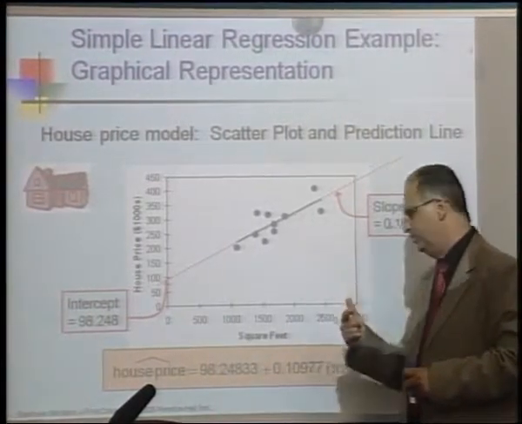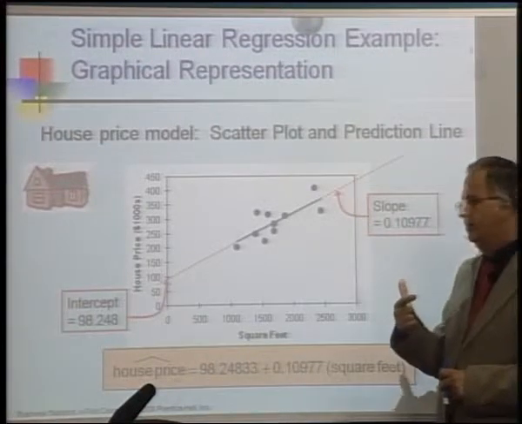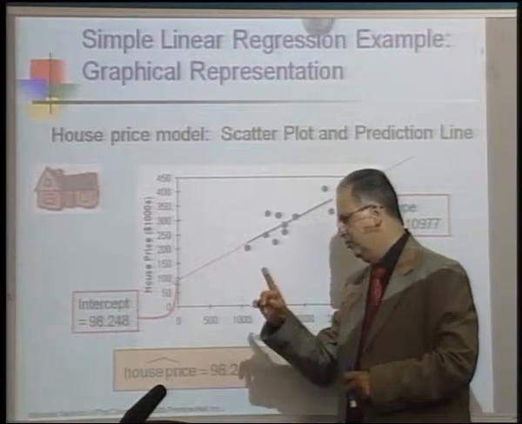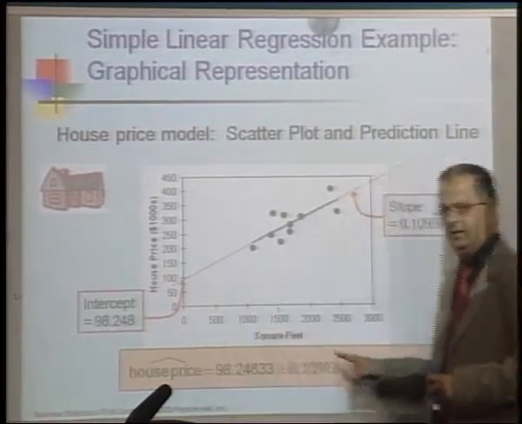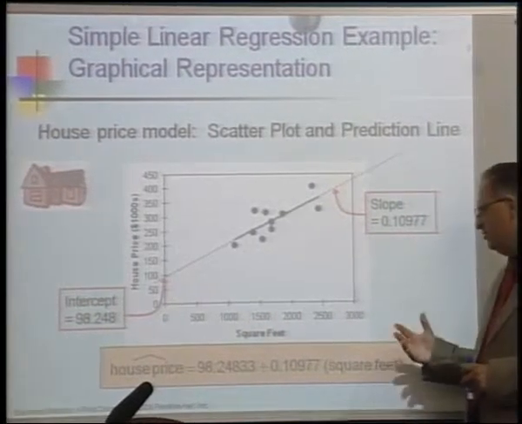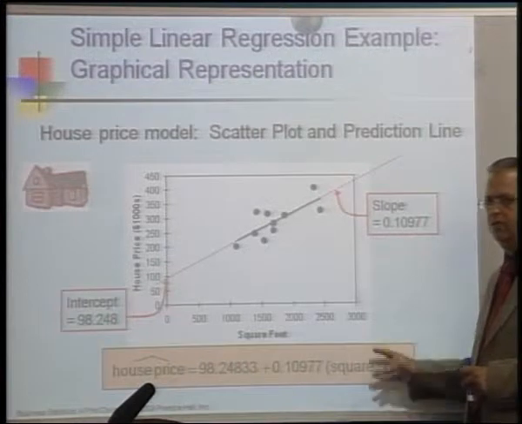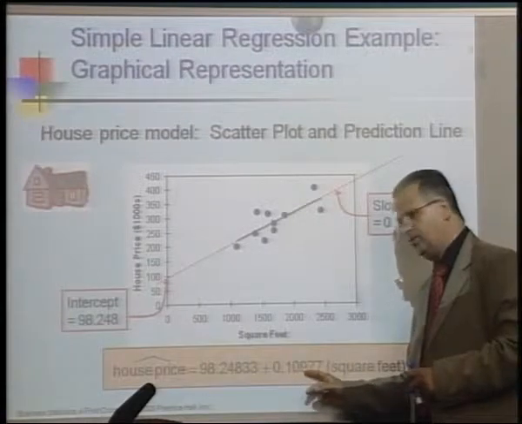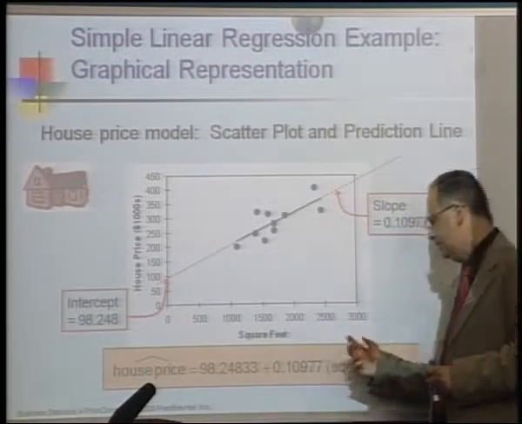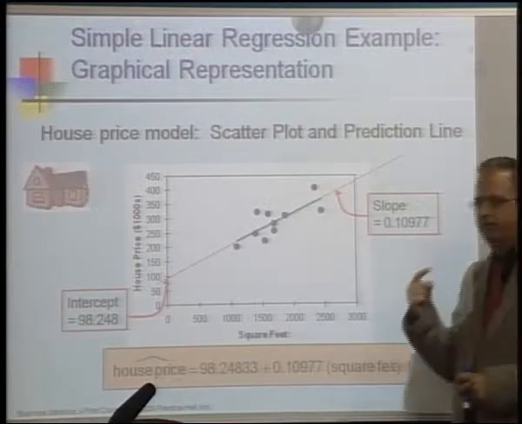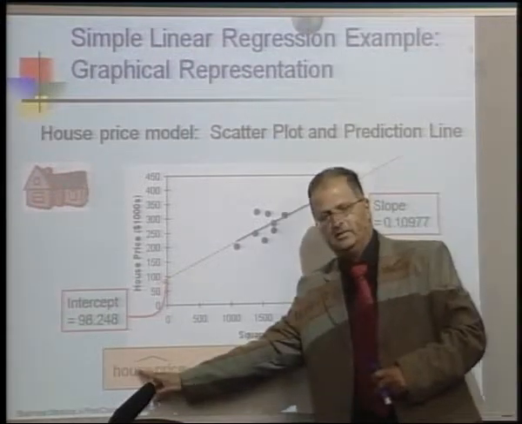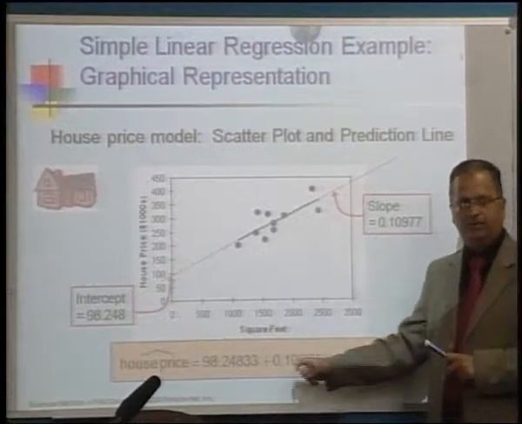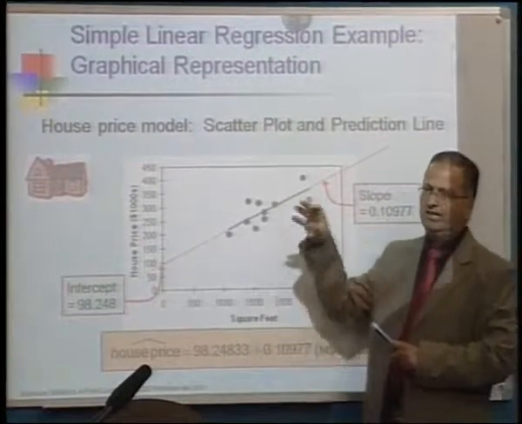Number two, we can interpret carefully the meaning of the intercept. As we mentioned before, y hat equals B0 only if x equals 0. There is no sense about square feet of 0 because we don't have a house with a size of 0. But the slope here is 0.109. It has sense because as the size of the house increases by 1 unit, its selling price increases by this amount, 0.109. But you have to be careful to multiply this value by 1,000 because the data is given